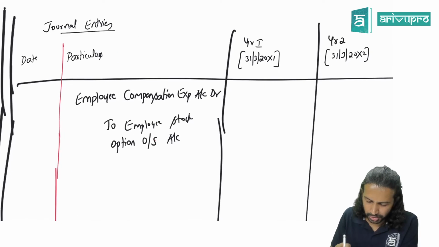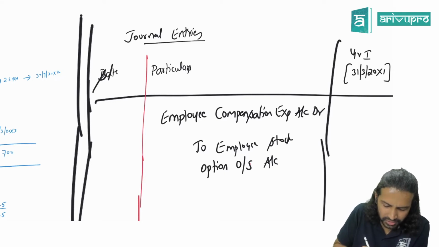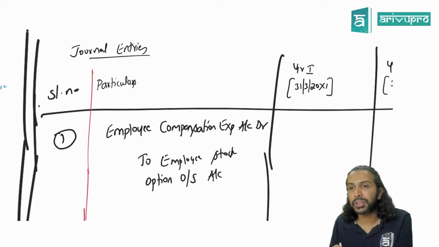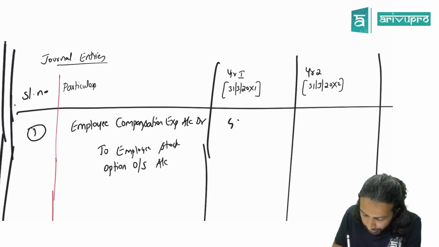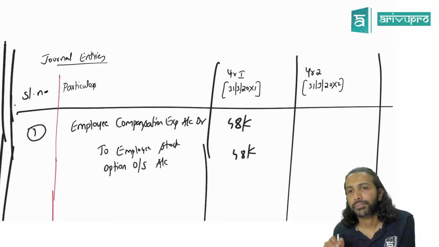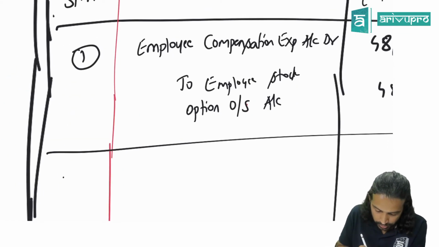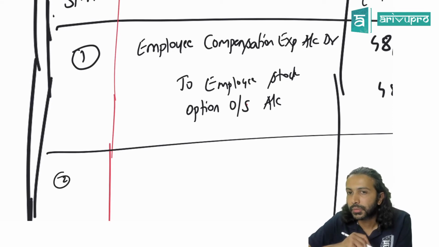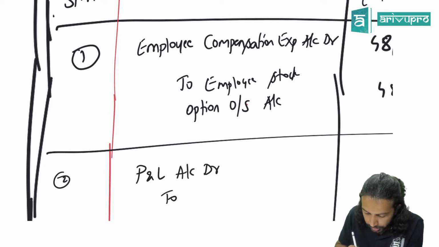Actually the date column is irrelevant because each one has a different date. Instead of date you can make it a serial number. We'll write serial number 1. How much is the expense for the first year? 48,000. That means this journal entry you will pass for the first year. Next, employee compensation expense is an expense. Where will all expenses go? P&L. So what is the transfer entry? P&L account debit